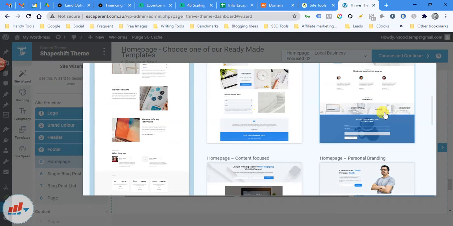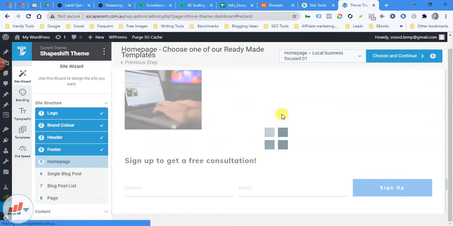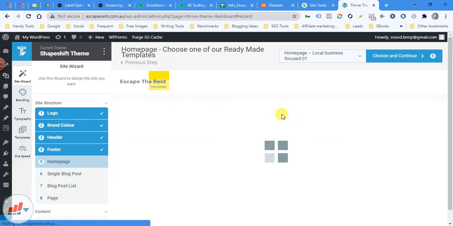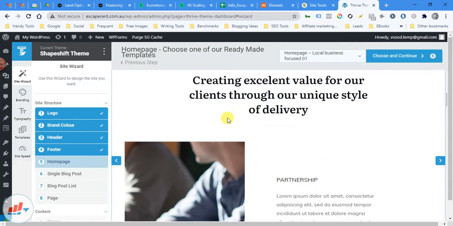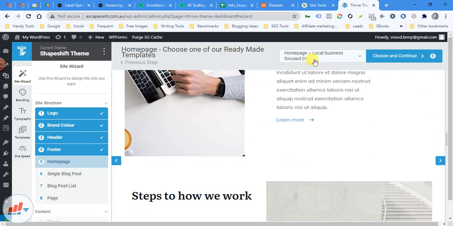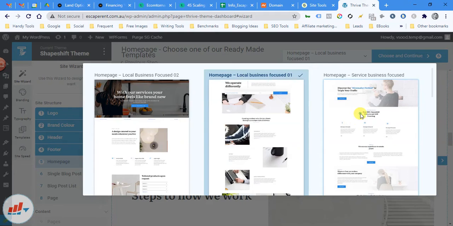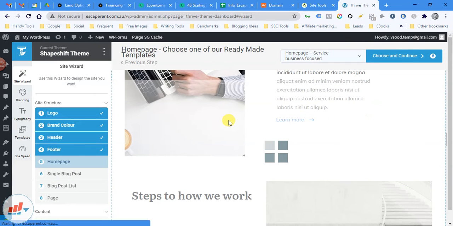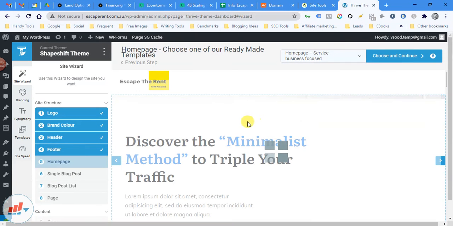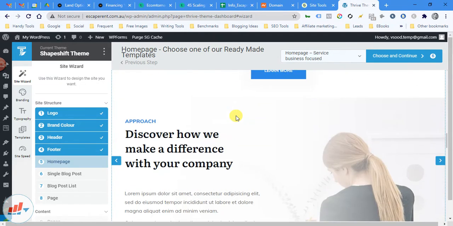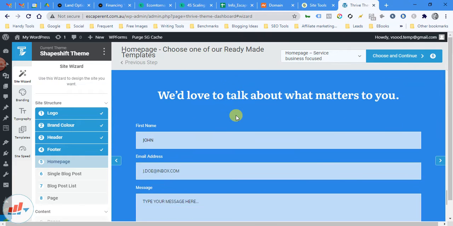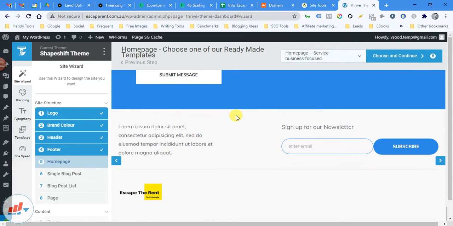Let's try this one. No, I think this is not looking good. Let's choose this one. Yeah, I think this can go handy, so we can go with this one currently.